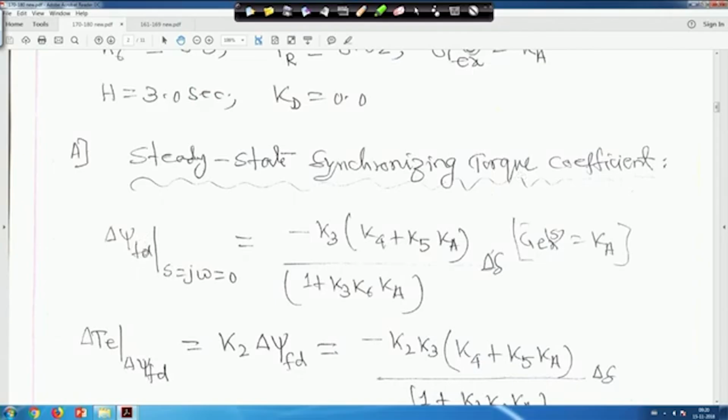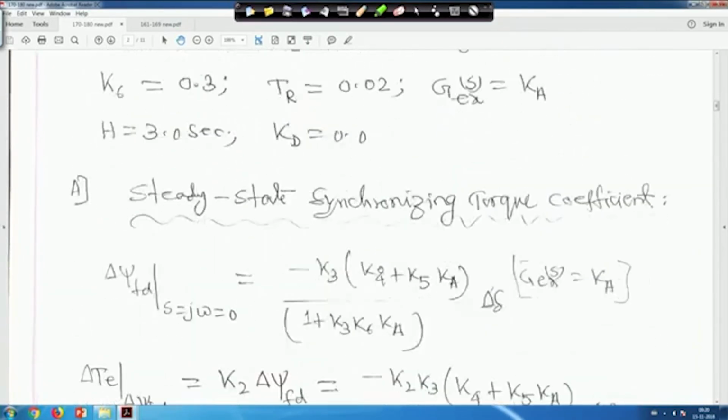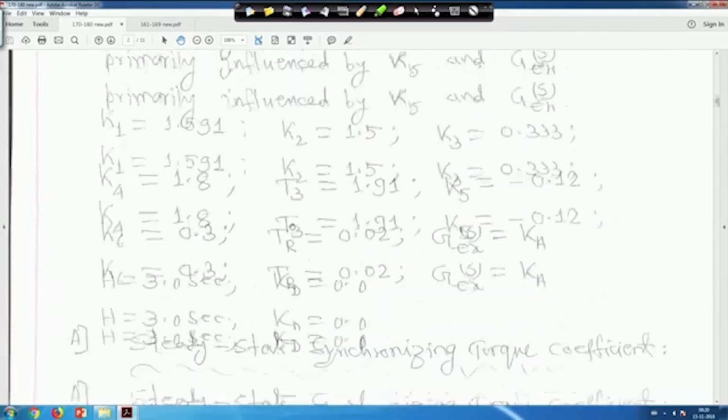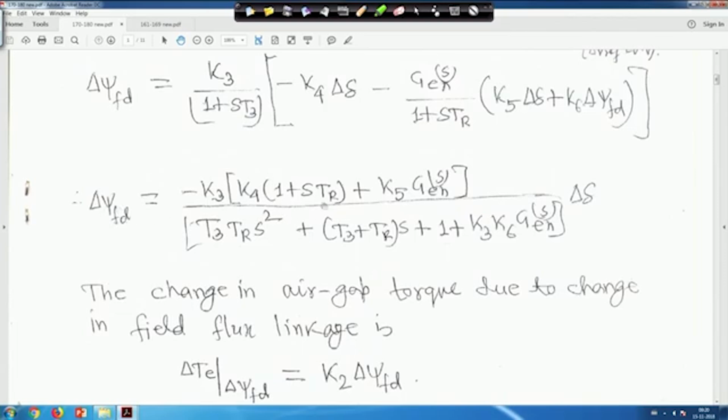Now when we make delta psi Fd, that is s = jω, and ω tends to 0, then this will become minus K3 K4 minus K3 into bracket K4 plus K5 Ka divided by 1 plus K3 K6 Ka into delta δ, when ω is equal to 0. Now in this case, this is your delta psi Fd. So in this case, delta psi Fd, if you make s equal to jω and ω tends to 0, then it will become